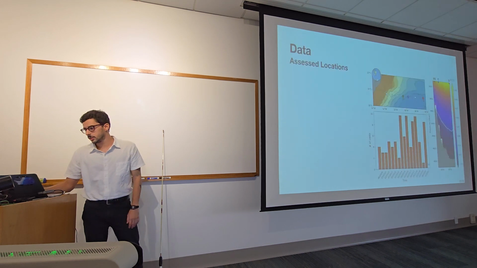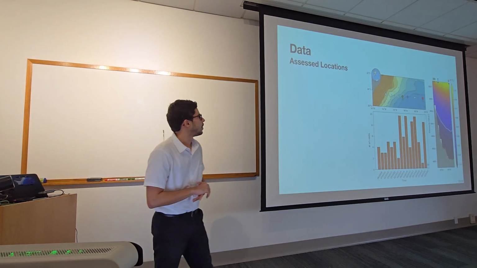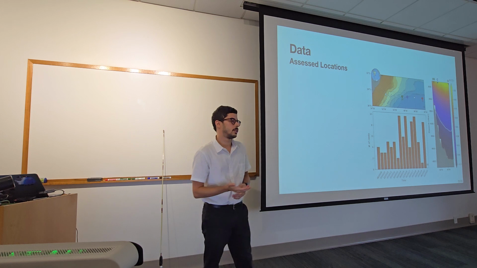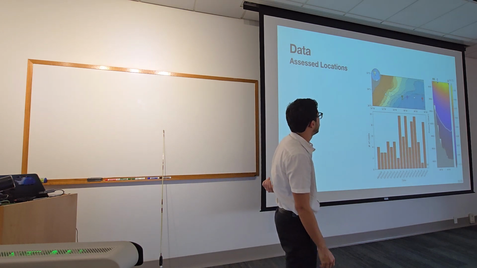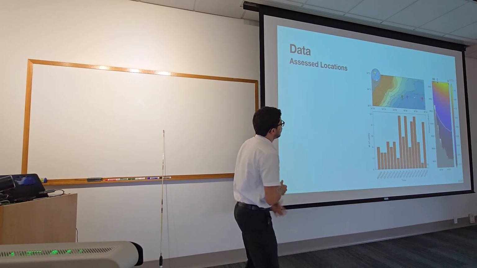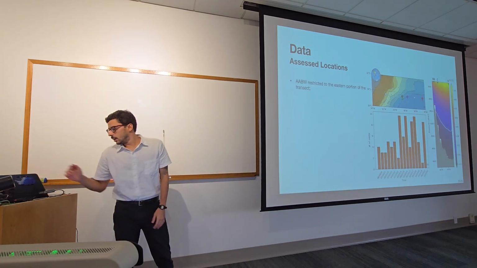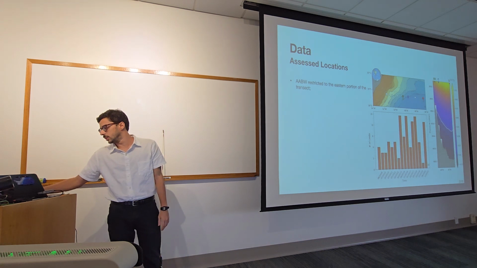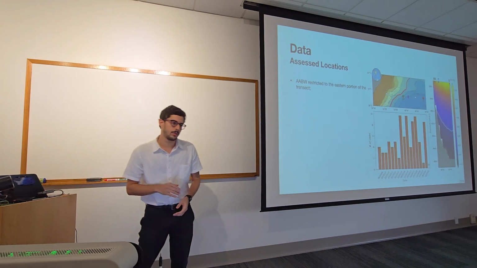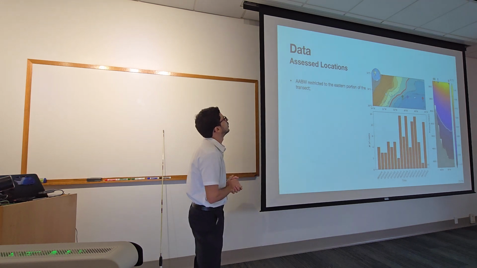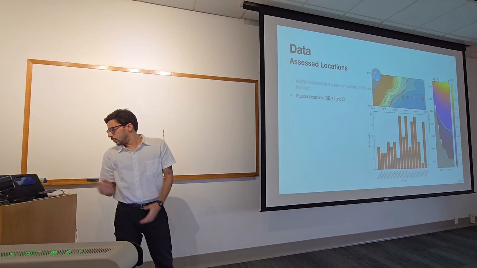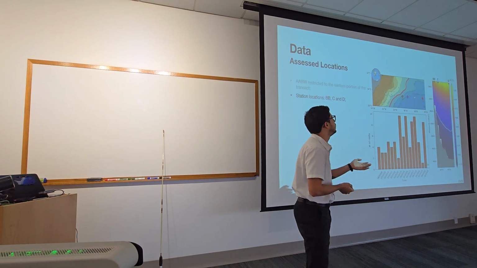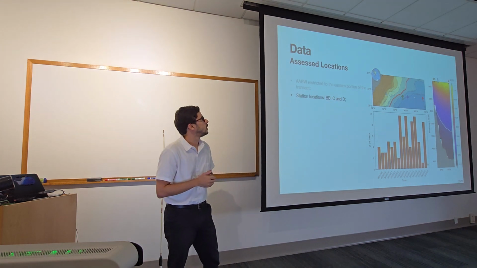Now about the data and methods. Here I bring you a figure that tries to summarize some information about the SAMBA array and the utilized data. In the first panel, we see the position of the hydrographic section of the transect. And at this transect, the AABW is restricted to the eastern portion, with the isobath of 3,100 meters as its western limit. From among all these stations, we chose to work with the sites B in green, C in blue, and D in red. And we did it because